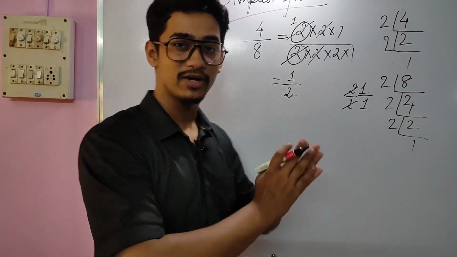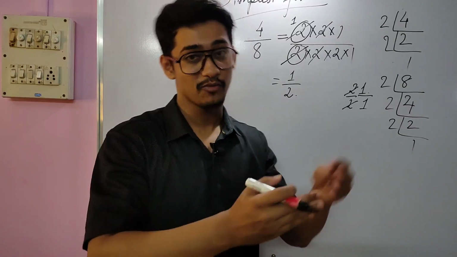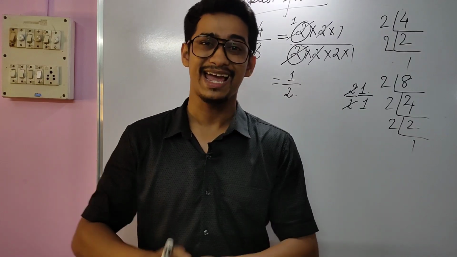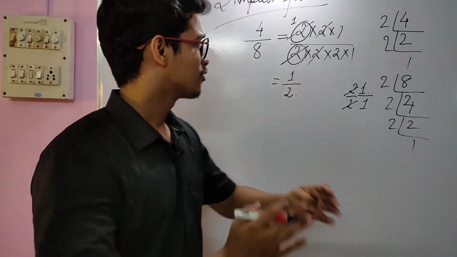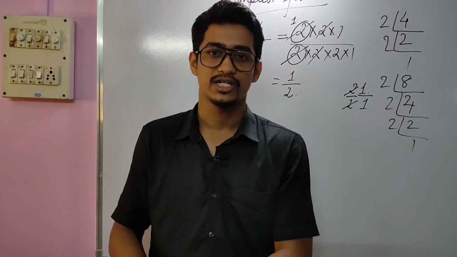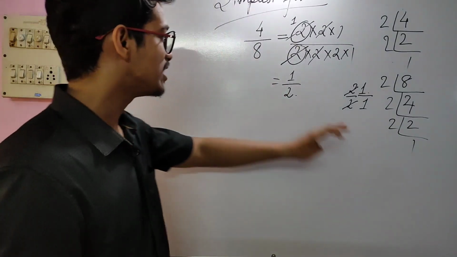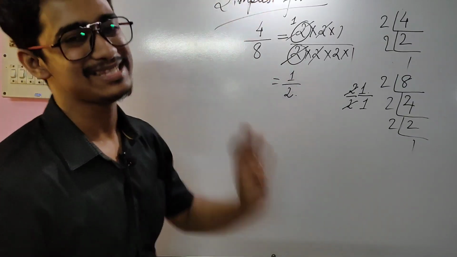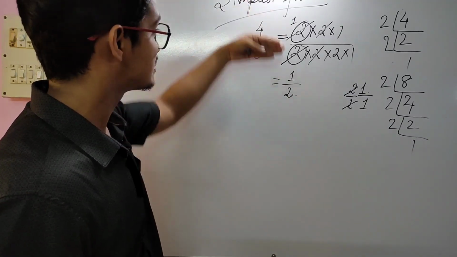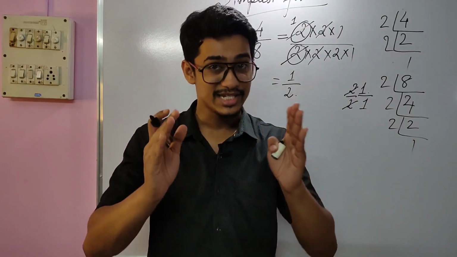In equivalent fraction, first we get a proper fraction or improper fraction, then we multiply the same number with the numerator and denominator, and it gets transformed into an equivalent fraction. That is the exact converse of the simplest form. First we get an equivalent fraction, then we find the common factors, cancel out the common factors, and finally we get the simplest form. In this case it is a proper fraction, but that is the simplest form for 4 by 8. I think it is much clearer to each and every one of you.